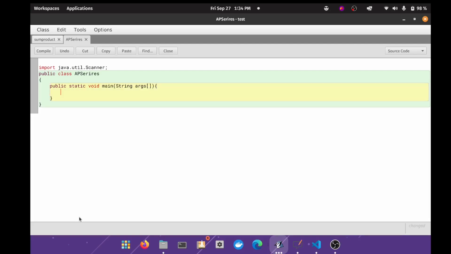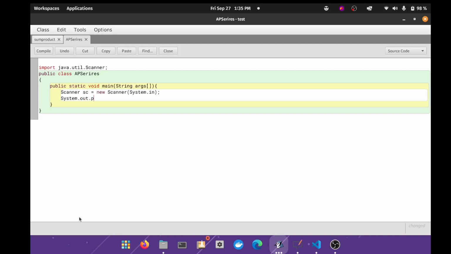First things first, you need the scanner object. Scanner sc is equals to new Scanner(System.in). Perfect. Then you need three things, right? Anyway, I'll print these things. System.out.println,